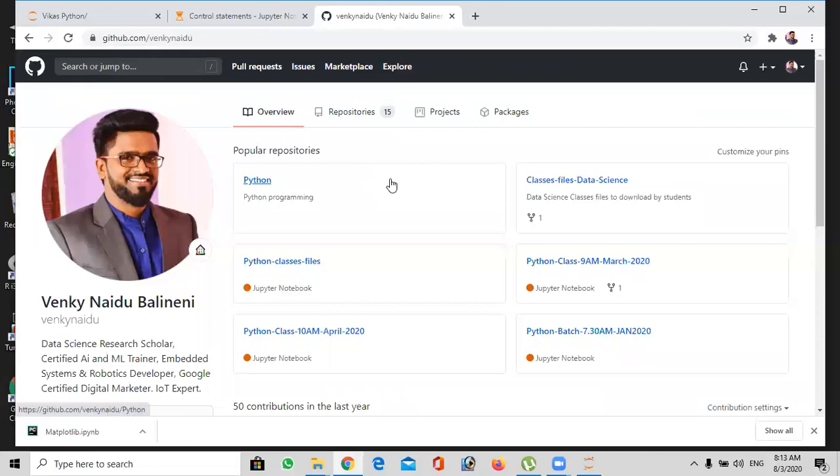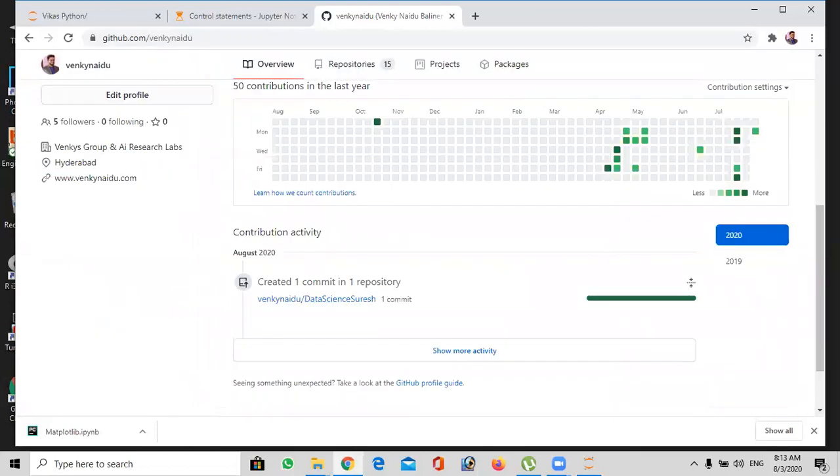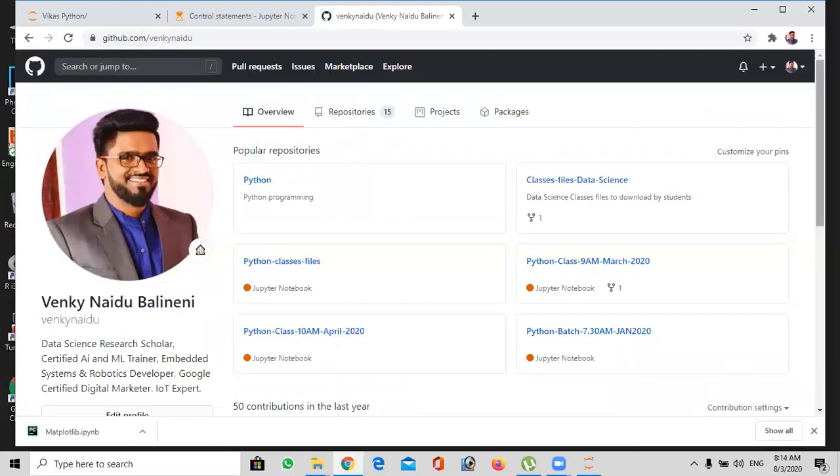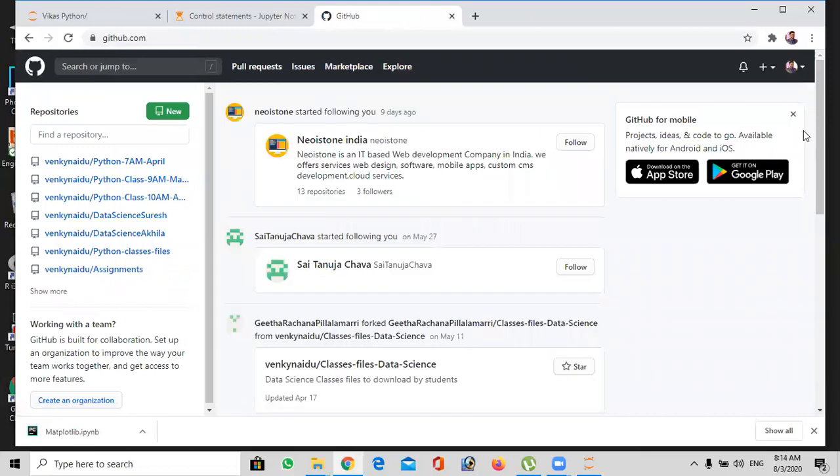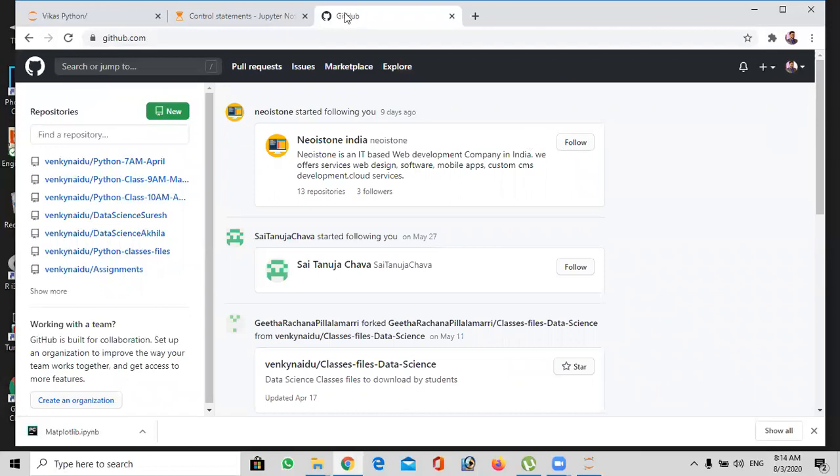Not only classes, we can also store our data. Data sets will be there in data science, or even when we are testing, we have to keep some important files in this. You can also maintain your profile here clearly, and based on that you'll get more views. While mentioning in a resume, we can keep the details of GitHub also, and also should maintain the LinkedIn profile without missing it. So the LinkedIn profile is important.